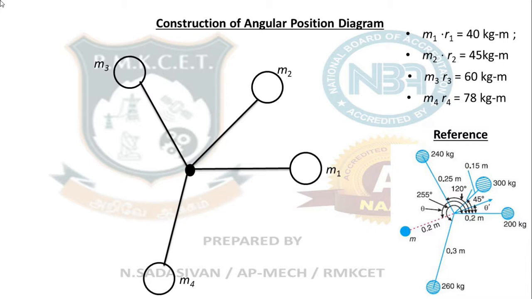Okay. So now after this, a very important thing: designate the masses m1, m2, m3, m4. You should definitely mark them. Don't forget. Then you have to mark the angles. That is very important. If you do all this, you will get full marks for the angular position diagram. So this is 45, this is 75, and this is 135. You can add up and find the cumulative wherever you want. So that is the end of your angular position diagram. Any doubts up to this? Any clarification you want, you can ask now. Or shall I move on to the next step of the problem?